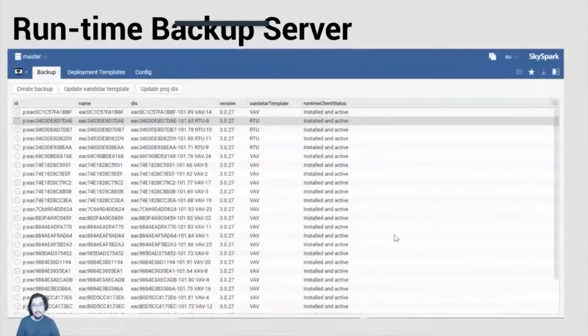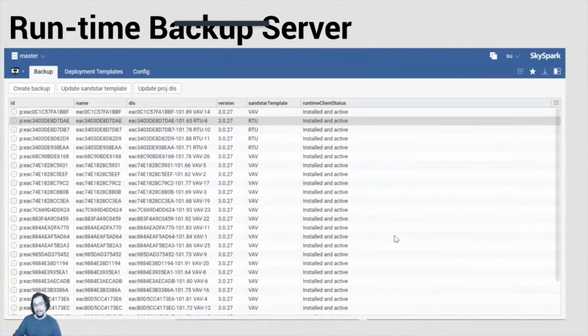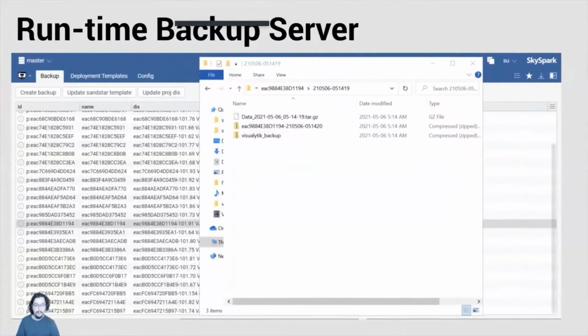So you have the runtime backup server. We can have multiple devices on the network, rooftop units feeding VAVs, and you have SkySpark in all of them. What we have is a single button to create a backup of the whole application. So you can basically select them all and say backup all, or you can select individual. And what this does is it utilizes the ArcBeam to pass data from edge nodes to the master node securely. And then we can back it up from there.